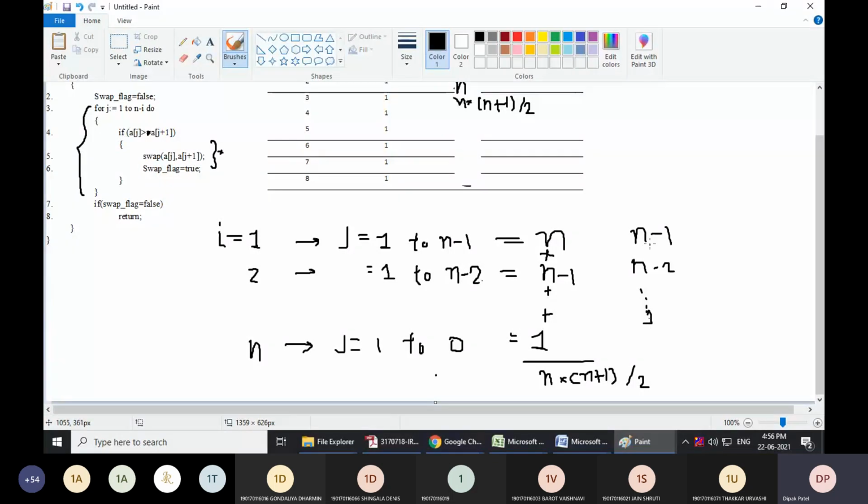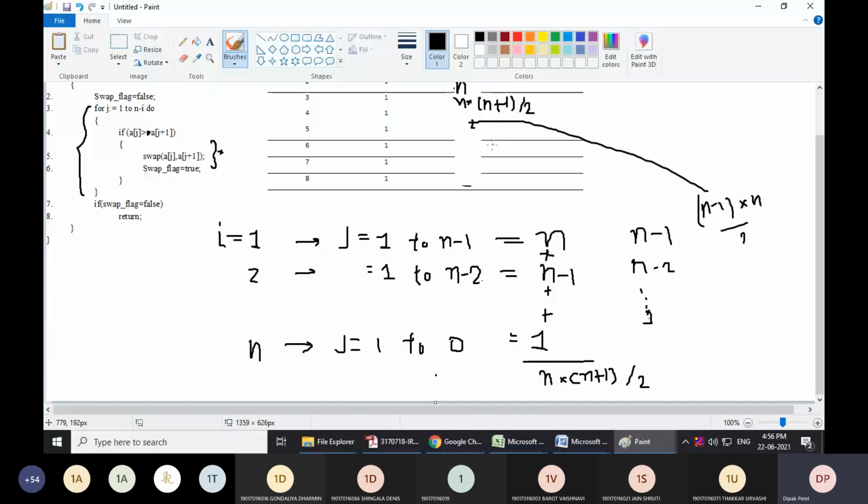So 1 to n minus 1. For the third statement it was the last number into the next number, n into n plus 1 divided by 2. Similarly for this the last number is n minus 1, and the next number, so n into n divided by 2. This will come here in the analysis of the fourth statement.